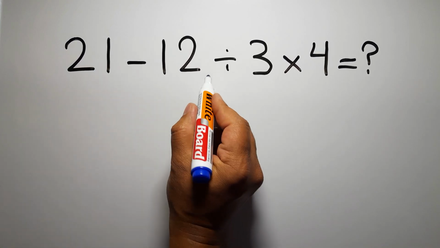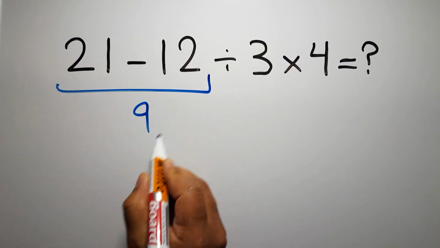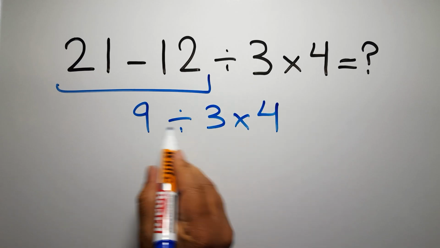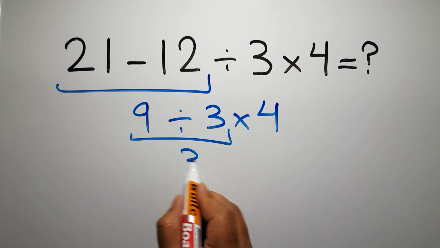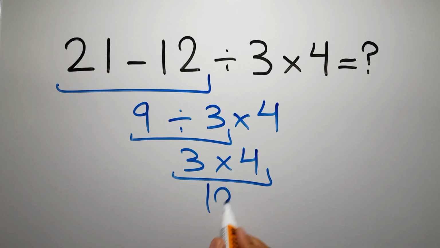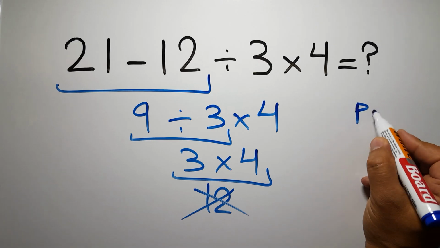21 minus 12 gives us 9. So 9 divided by 3, then times 4. 9 divided by 3 gives us 3, and 3 times 4 is just 12. But this answer is not correct, because according to the order of operations, first we have to do parentheses, then